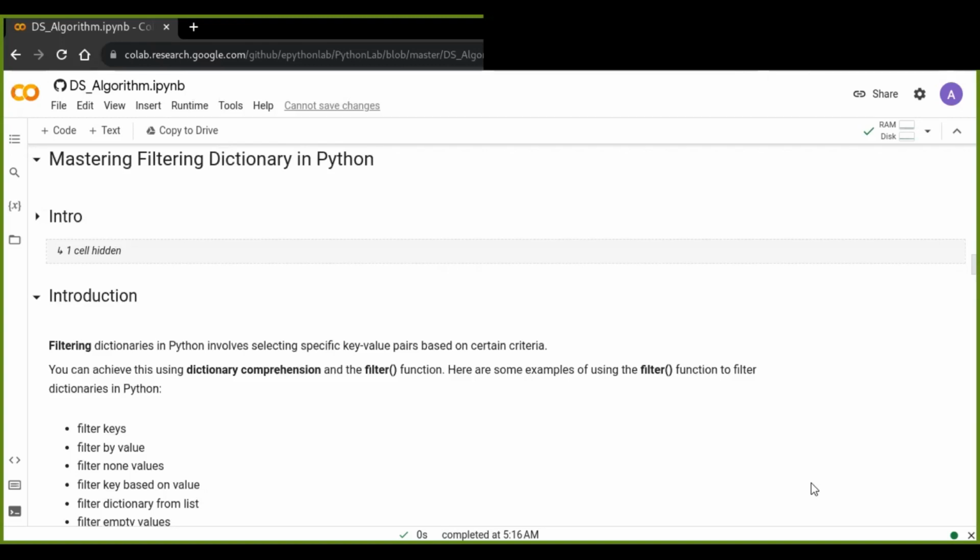In this tutorial, you are going to learn one of the most fundamental tools for data manipulation in Python, which is filtering dictionaries in Python. Whether you are a beginner or an experienced developer, mastering dictionary filtering is crucial for effective